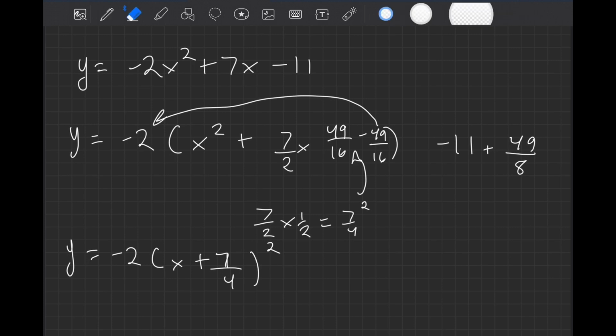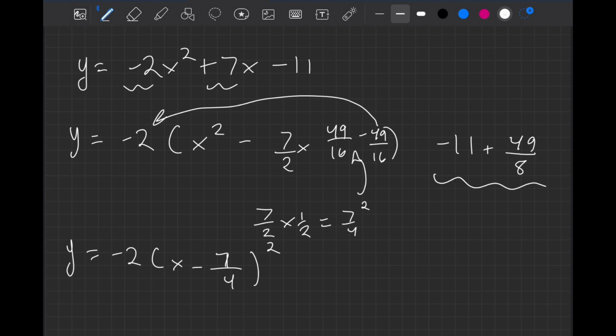Oh, and be very careful here. This should be negative, and this should be negative because we took out a -2. So we'll make that x minus 7 over 4 squared, and then this minus 11 plus 49 over 8. That can be simplified down into just